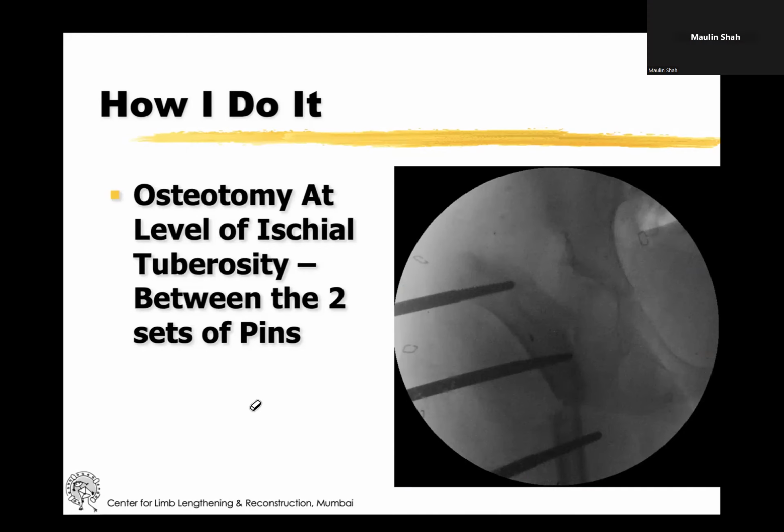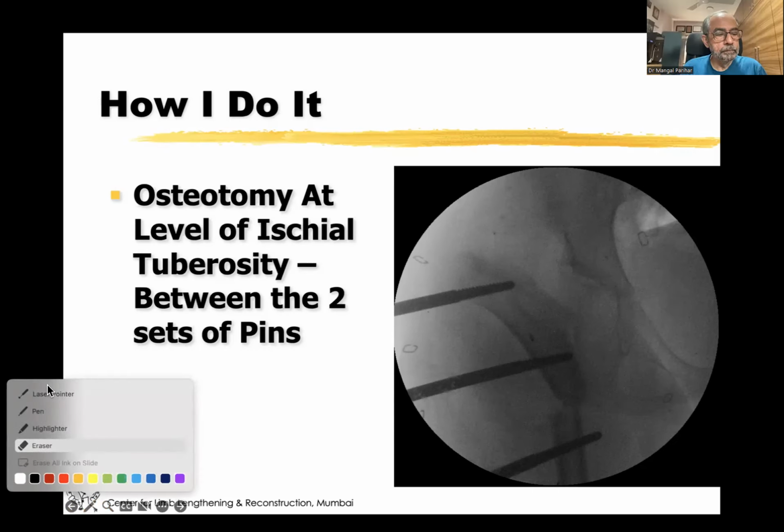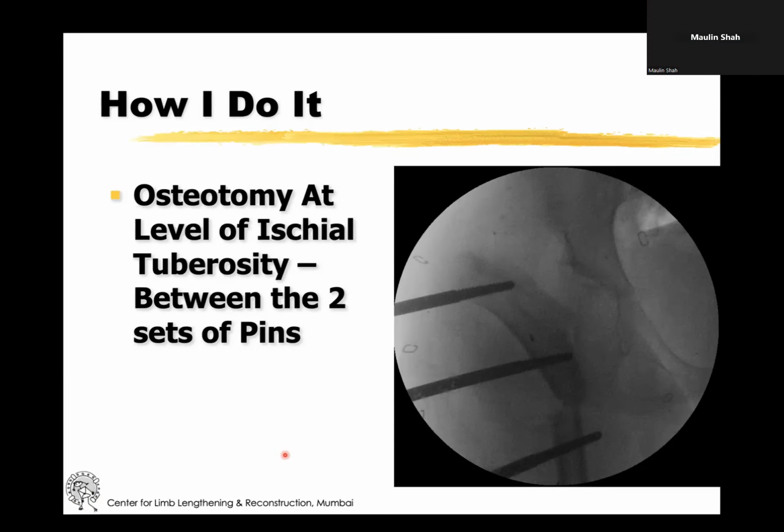Even the distal fragment, I'll show you. I want to be as proximal as possible, because then you have less tethering of the soft tissues. So whenever I want to do the osteotomy, I will tend to do it more proximal. Of course, it is distal, but in that also, rather than being near the condyle, I will, if I can, be closer to the diaphysis.